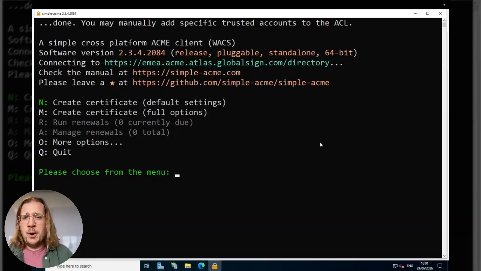If I was in a scenario where I needed to order a wildcard certificate, or I wished to perform a specific type of domain validation, or maybe kick off a script afterwards, then I can go to the full options, and there's nearly 20 different steps that I can configure exactly the way I wish. Today for this demo, we're going to keep things a bit simple, and we're just going to use the default